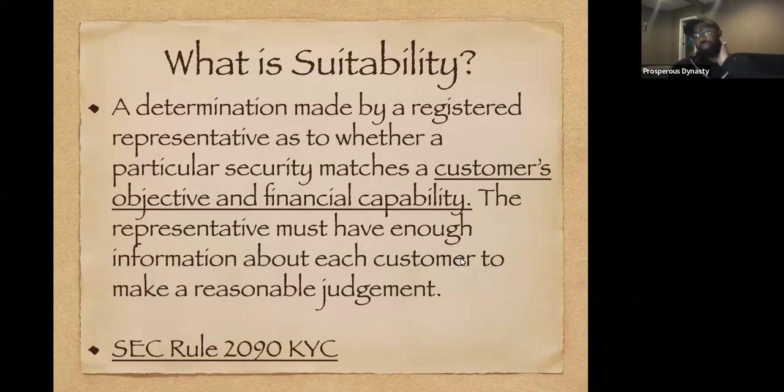So what is suitability? At its core, suitability is just kind of matching a customer's objectives and financial capabilities with the products we have to offer. And then you'll see this pop up a number of times, the SEC Rule 2090, which is the know your customer, right? So a big question that pops up over and over again, what if your customer doesn't give you all the information you need to open an account or to provide suitable product